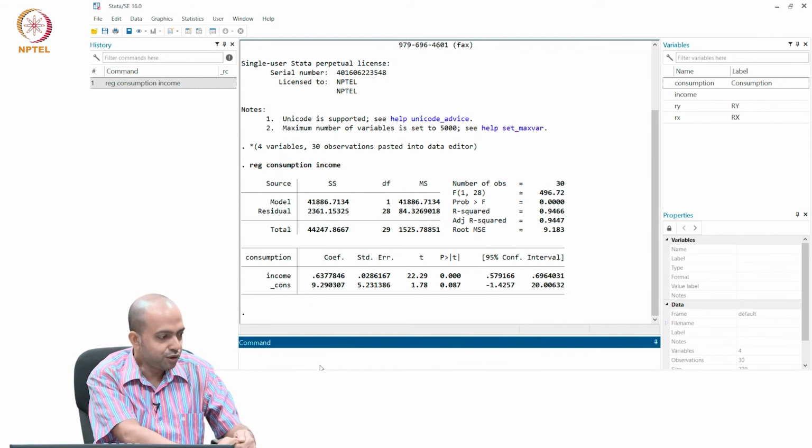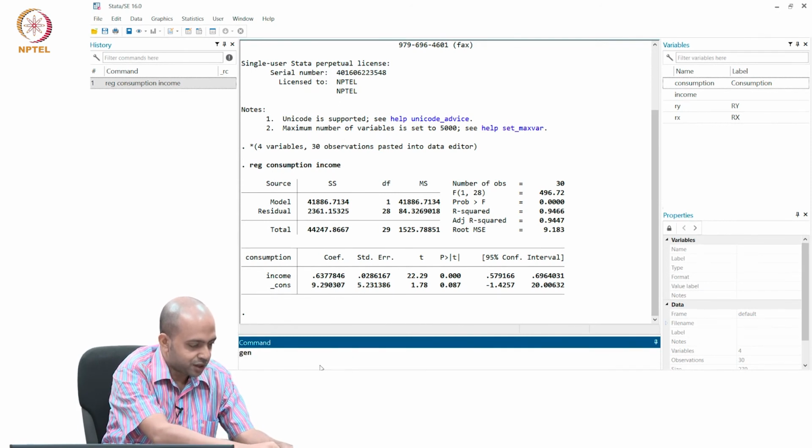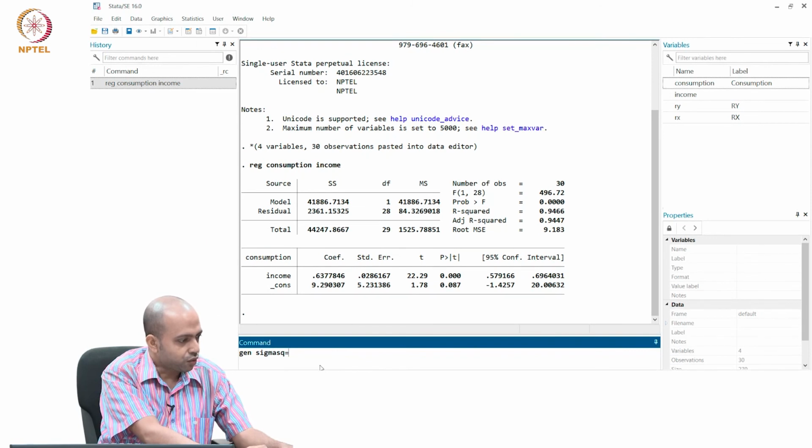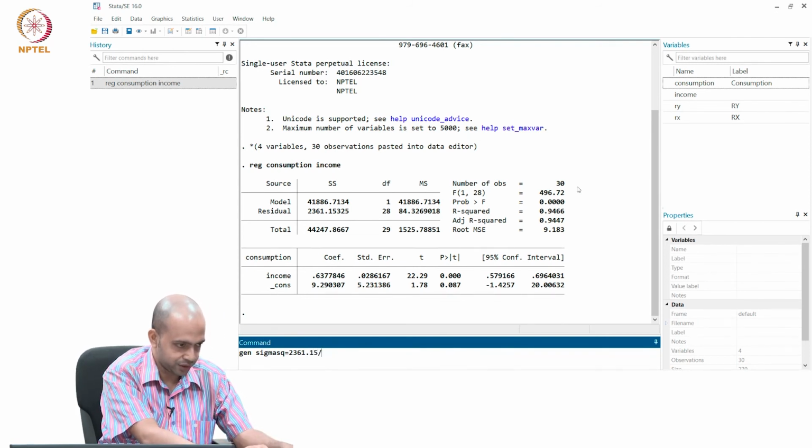And then from here you have to collect the RSS and divide RSS by n to get sigma tilde square, right. Now, I will define the sigma tilde square. I am simply writing sigma sq equals, what is your RSS here? RSS, look, 2361.15 divided by n, and what is your n here? 30,